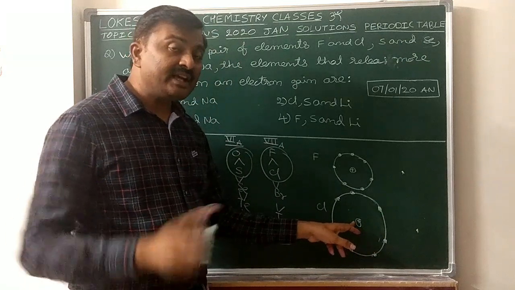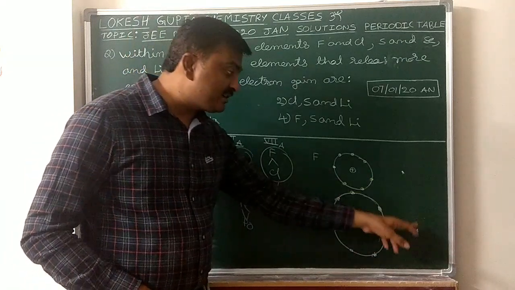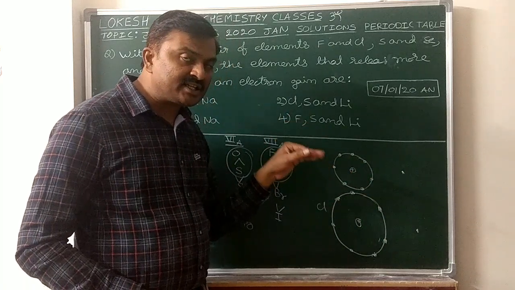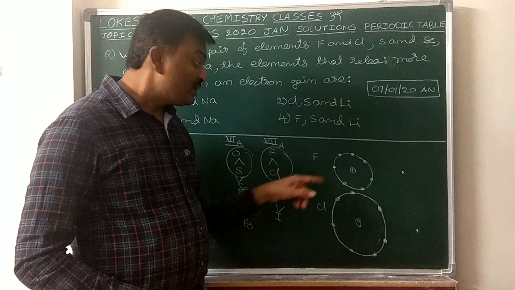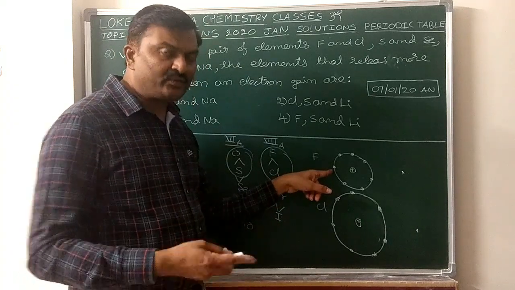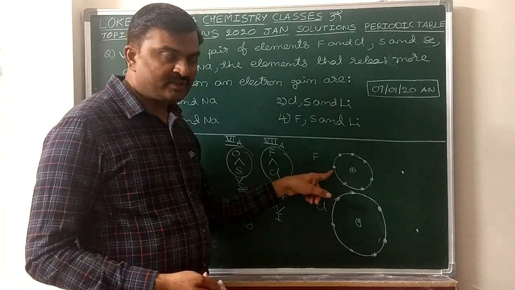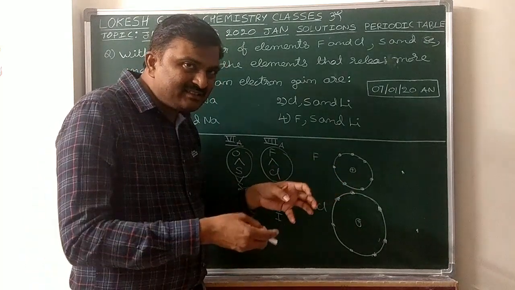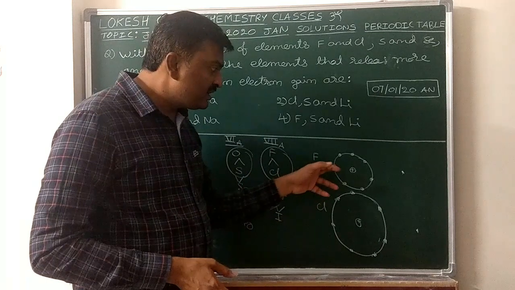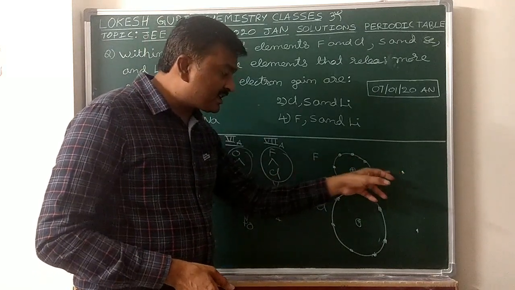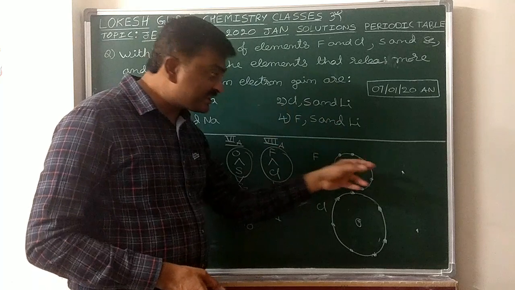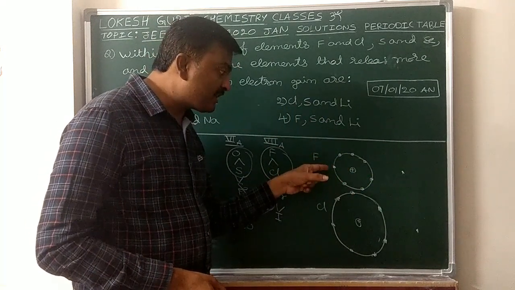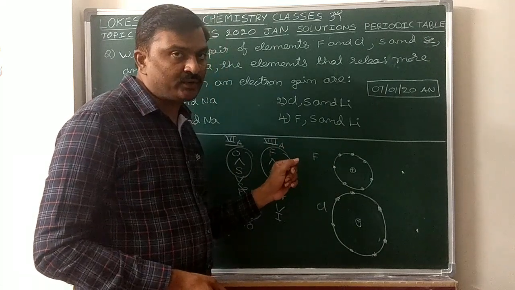That's why when we are going to add an electron, this electron experiences the attraction from the nucleus. At the same time, this electron will experience the repulsions from the already existing electrons in the valence shell. Now in fluorine, the first element of the group, because of the smaller size the electron density is more, so it is already congested. So this incoming electron experiences greater repulsion from the valence electrons of fluorine.